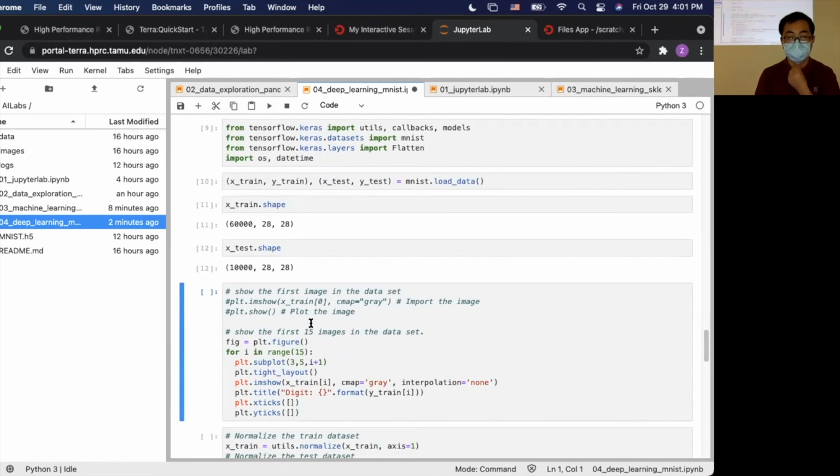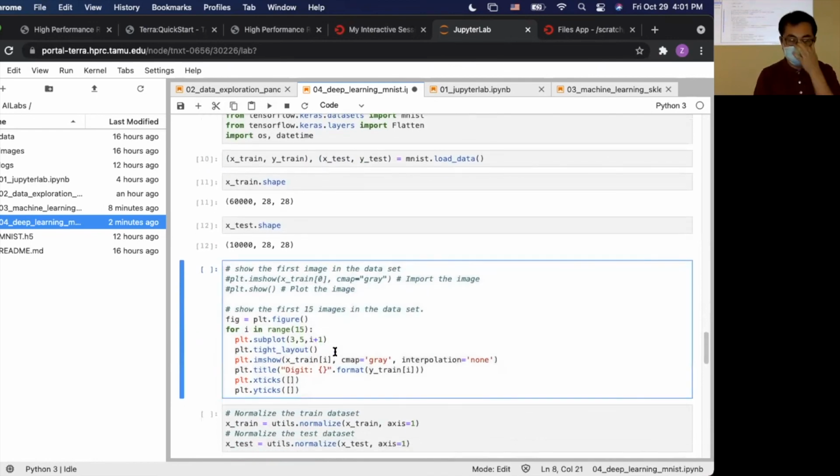That's okay. And then again, we want to do some data visualization to see how these images look like. So we use matplotlib plt.figure, create a figure instance, and then we want to plot the 15 figures.